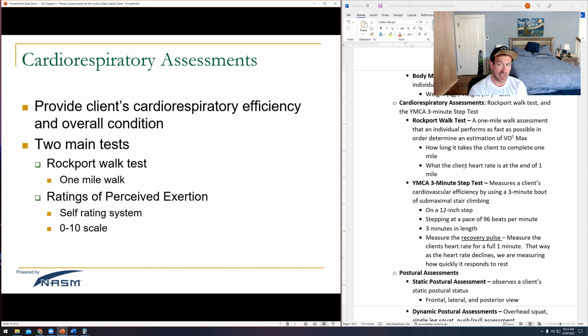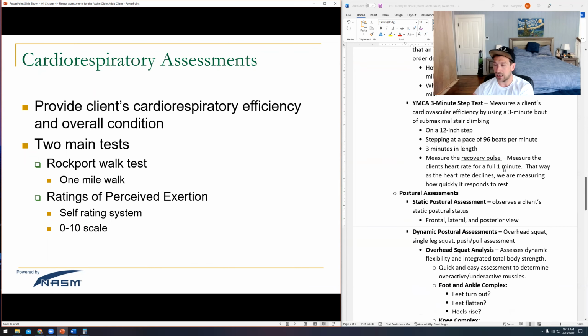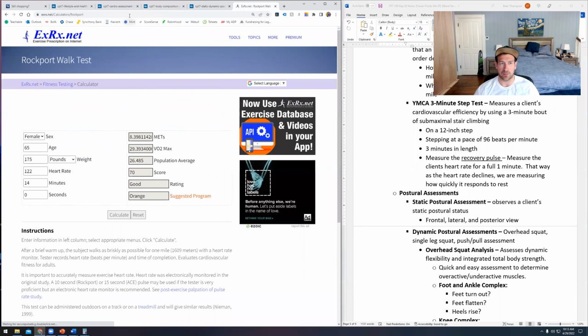So if I know that I've got a senior, I probably won't do cardio assessments on the first session. I'll probably carve out 20 minutes of maybe our first workout later on. And that is what I'll often do with seniors. Now, if I've got an average everyday client, I might instead do what's called the YMCA step test, that test I talked about a couple weeks ago,